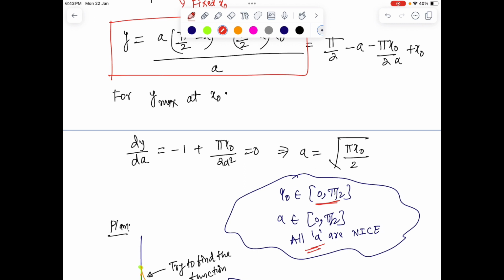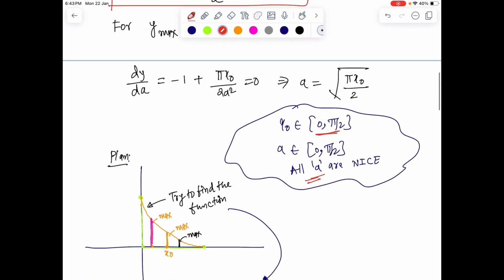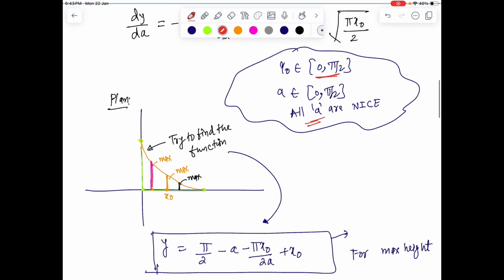Because x0 is a location, because a is belonging to pi by 2. So all these x naught values, hence a values, are valid. Now what's our plan? Our plan was to try to find the function now, because once you know these maximum heights